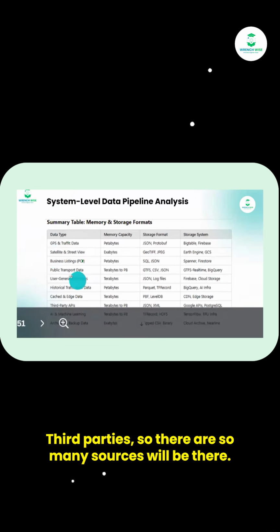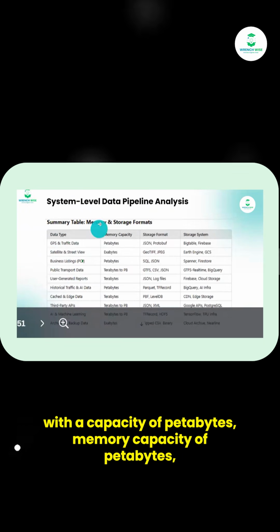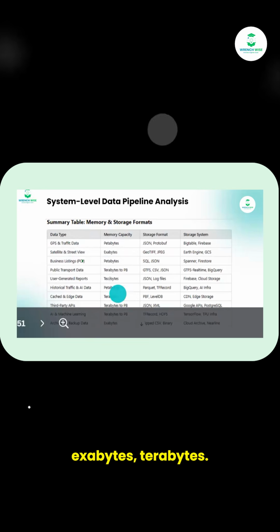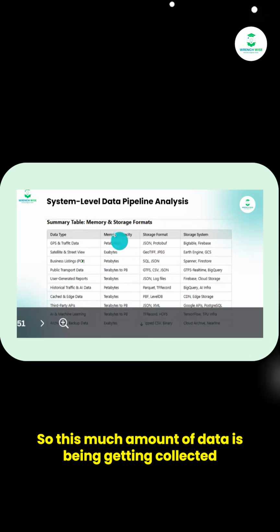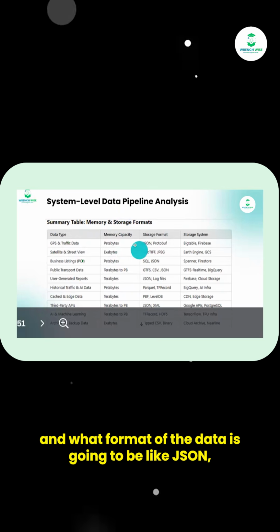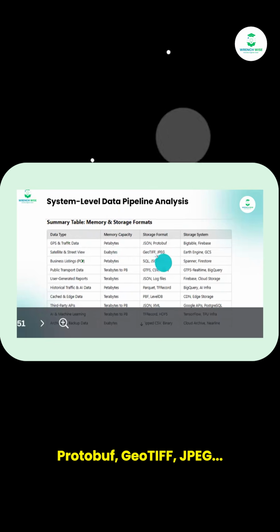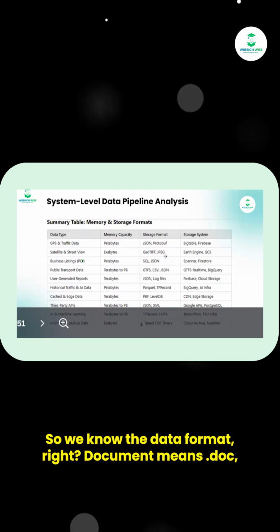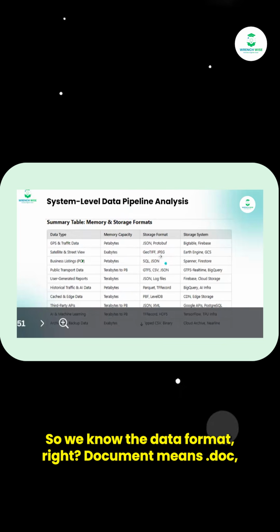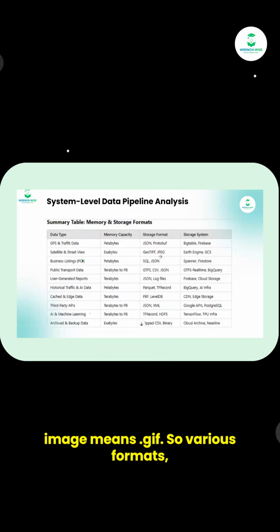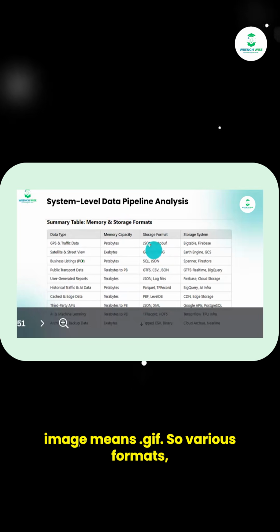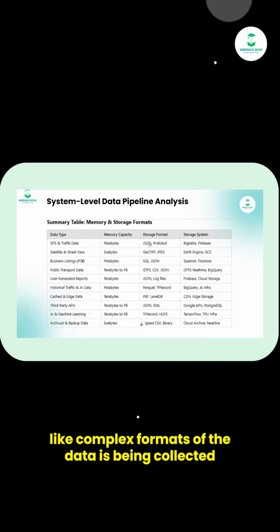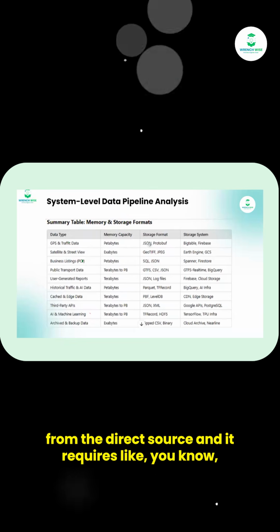From all these sources, the data is collected at a capacity of petabytes, exabytes, terabytes. So this much data is being collected, and the format of the data is like JSON, protobuf, GeoTIFF, JPG. So we know the data formats, right? Document means .doc, image means .gif. So various, complex formats of data are being collected from the direct source, and it requires